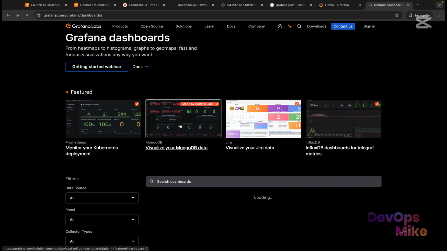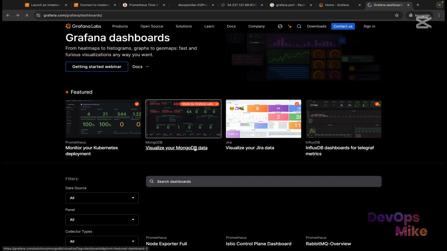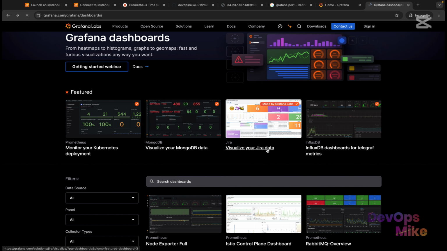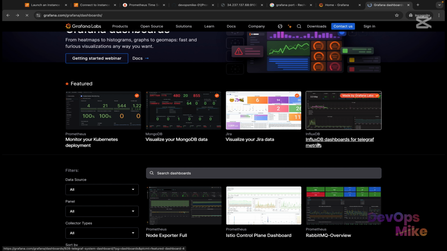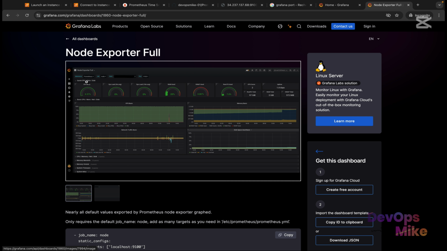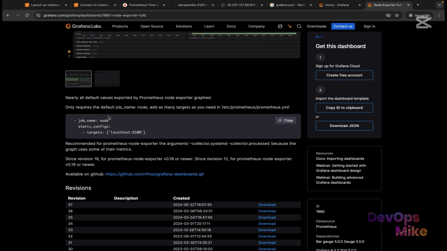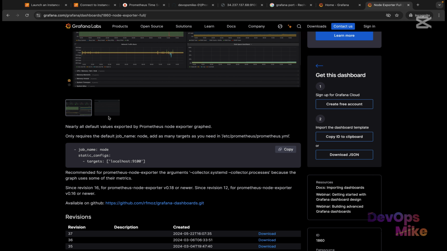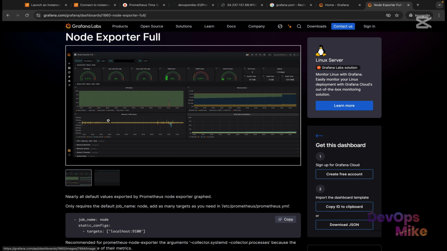If you come back, we can monitor and visualize your MongoDB data. You can visualize your Jira data. You can visualize your InfluxDB dashboards. You can have node exporter. This node exporter, of course, is for application-based metrics like CPU utilization. If you click on this node exporter, you should be able to get some application-based resources. You can see quick CPU, disk, CPU, memory, and all of that. So this helps you monitor resources with respect to their CPU utilization and all of that